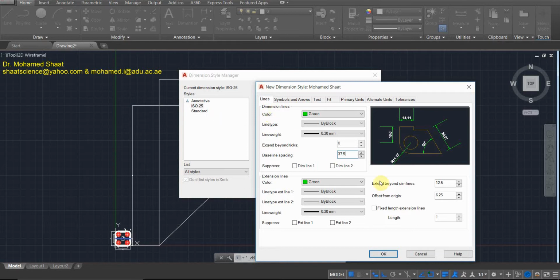So this is for the lines. This is what I did for the lines. I changed the color, if you wish to change the color, but make sure that the color of the dimension line and the color of the extension line both have the same color. Also, I changed the line width for both of them. Also, I changed the baseline spacing to 75% of a reference number. This reference number, you can choose as 5% of the maximum dimension in the drawing,